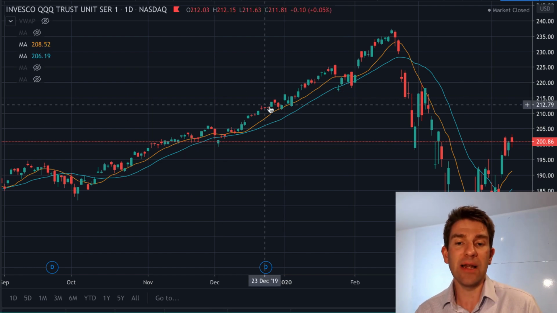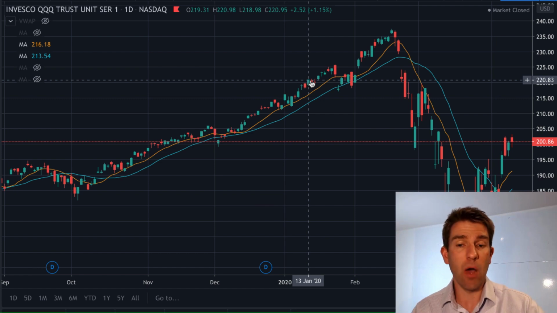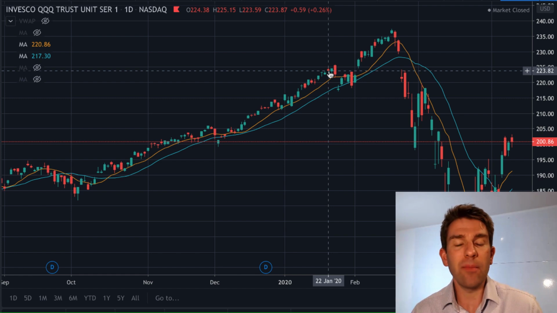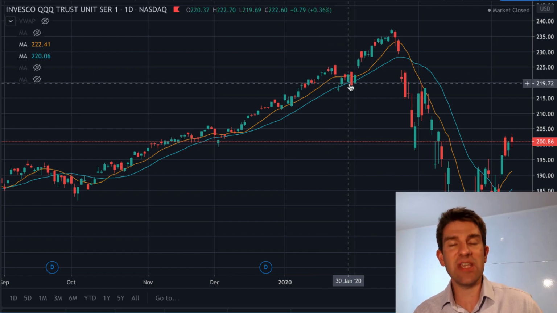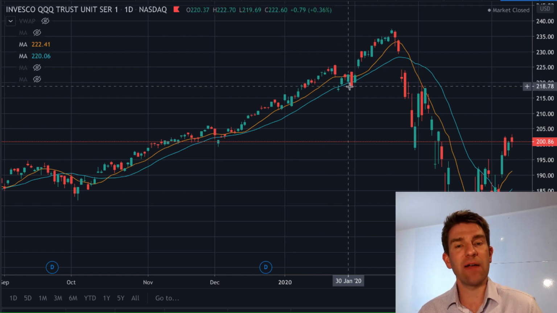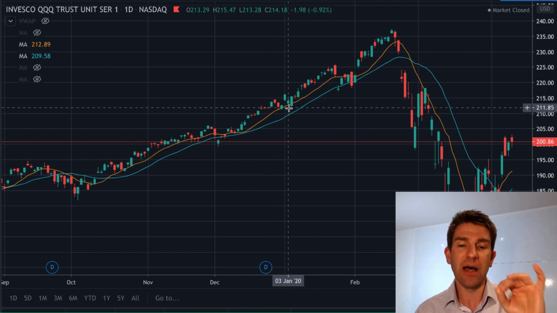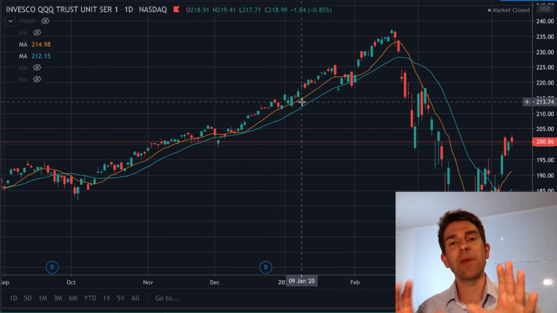Let's say we're looking to buy this and we're not in, or we're looking to add to it. We're not looking to add high up because we're chasing the market. Let it retrace. Let's see how it performs at these higher number moving averages, slower moving averages. See how it gets to the 20, see how it gets to the 10. You can see here the 10 does hold price,